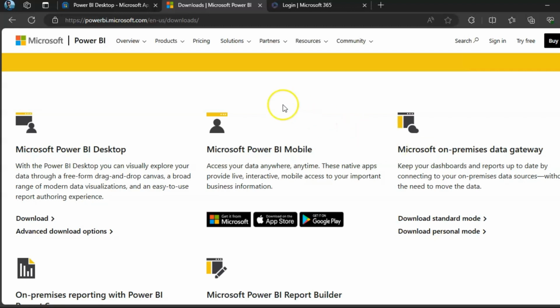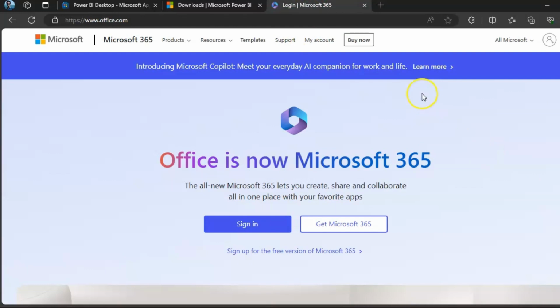And then the third way in which you can install Power BI desktop is by using Microsoft 365. So if you're working in an organization or in a company, then your company can get access to Power BI desktop from Microsoft 365 itself. You can directly talk to your admin if you want access to Power BI, if your company has access to Power BI from Microsoft 365. But again, it will require administrator access. So again, Power BI desktop from Microsoft Store can turn out to be the most optimal option.